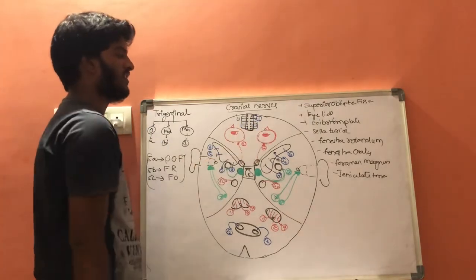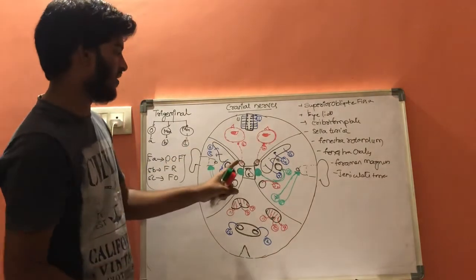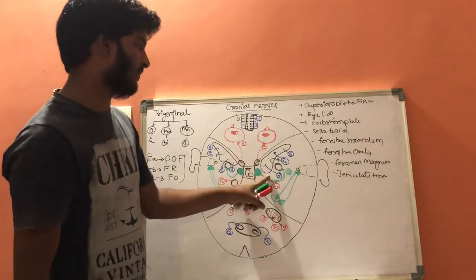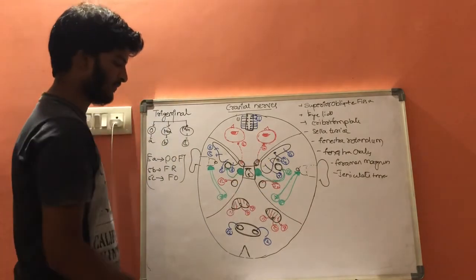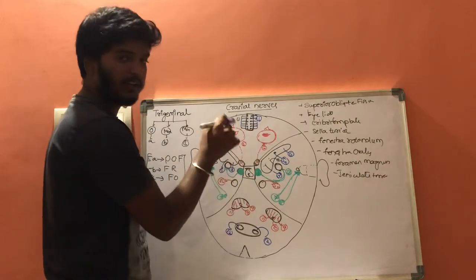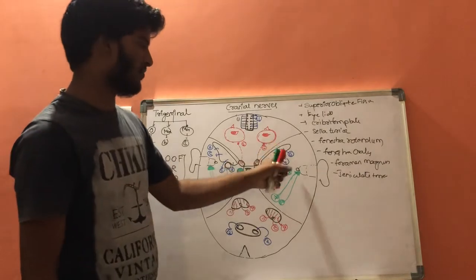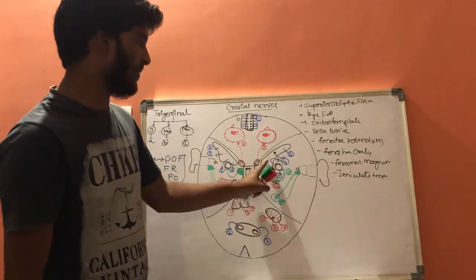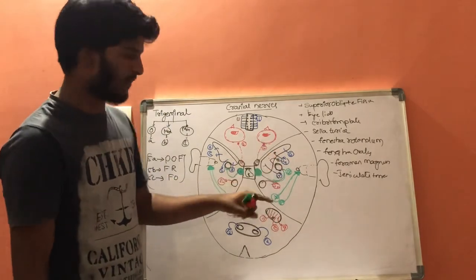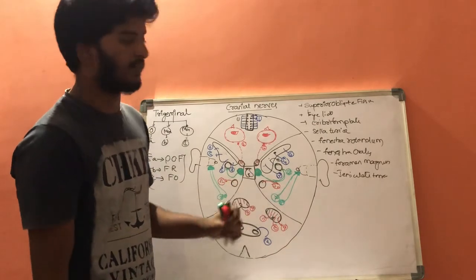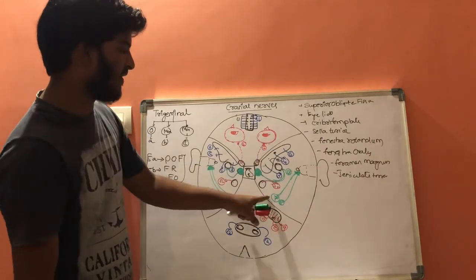The first pair of nerve ends in the cribriform plate, and the second pair will end in the eyeballs, that is the optic canals. The third pair of cranial nerve will be coming from the superior orbital fissure, and the fourth one is also coming from the superior orbital fissure. The fifth, 5A type, is coming from the superior orbital fissure, the 5B type from the foramen rotundum, and the 5C type from the foramen ovale. The sixth pair of cranial nerves is coming from the superior orbital fissure.